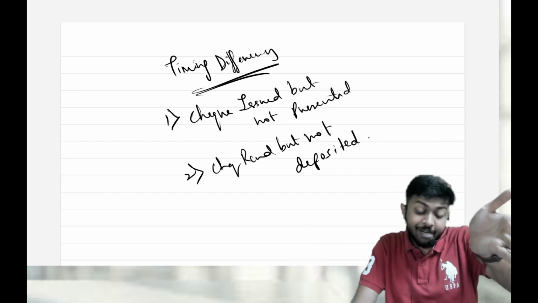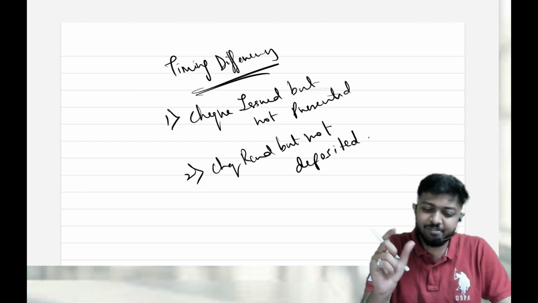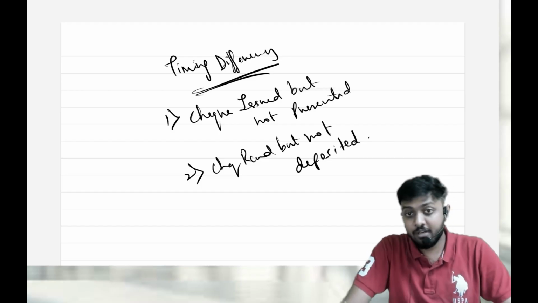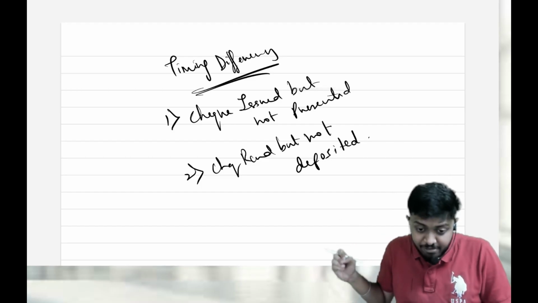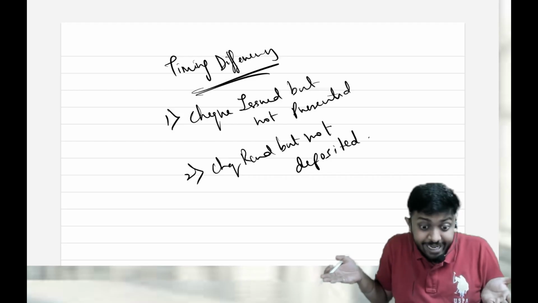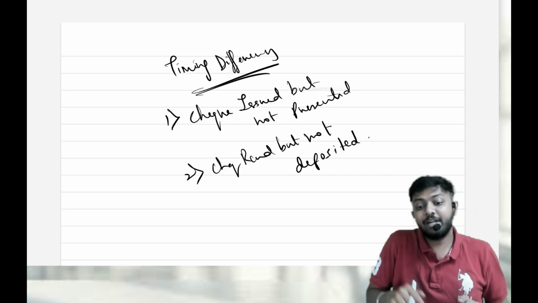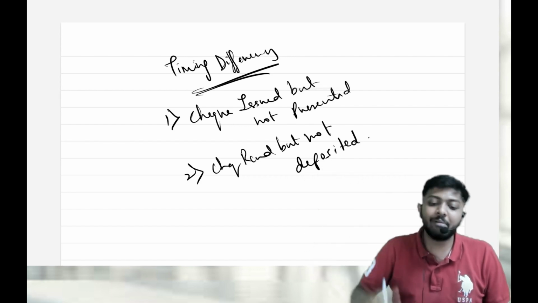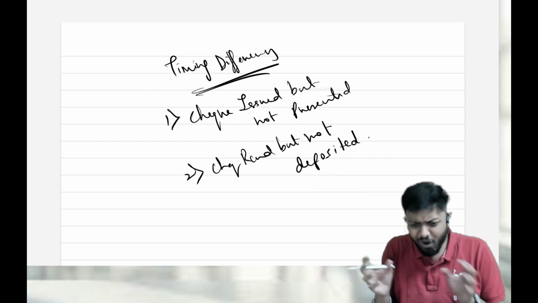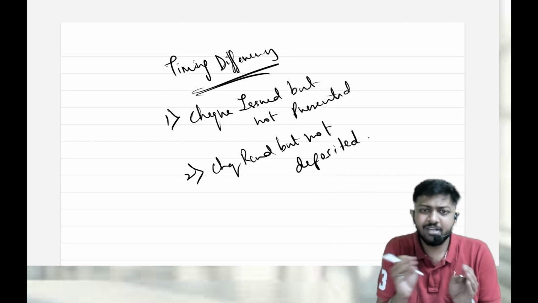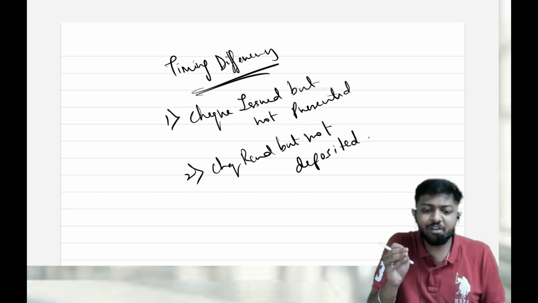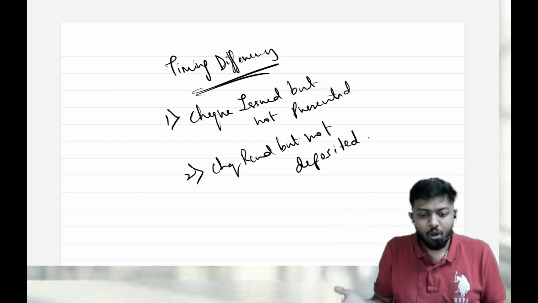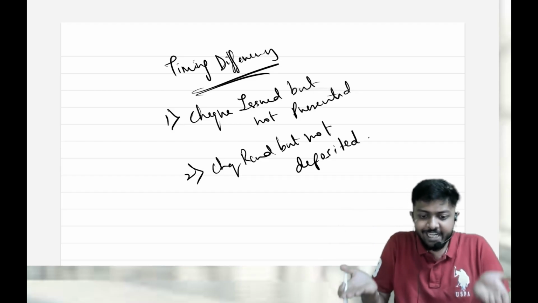Or maybe he has presented, but the bank takes some time. Right now the bank takes very little, it's T+1, one day. Earlier the bank used to take more time. Until my money leaves my bank account, there will be a difference, because the moment I gave the check, I recorded the payment. But from the bank account, the money will be deducted only when it is presented and processed by the bank. Of course it will get cleared, but there is a time difference. Today I issued it, maybe in 3-4 days he'll present it and the payment will go. So after 3-4 days the money will be deducted. Once it gets deducted, it becomes equal.